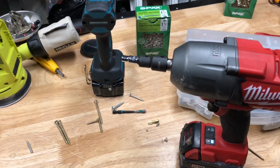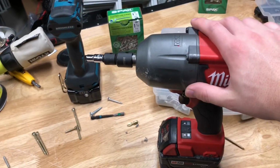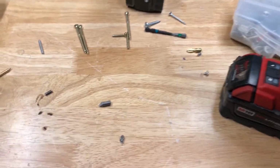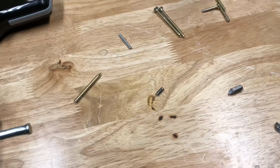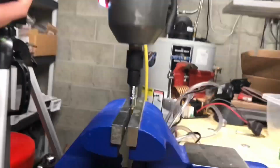Wow, so the impact driver wasn't working, it wasn't breaking it, so I switched over to the big guns over here, and man, that sent some shards flying. That thing absolutely decimated the Spax bit. It is just in pieces. Now that we've seen how the non-impact bits break,